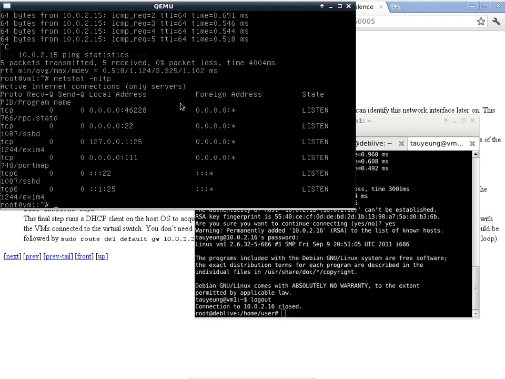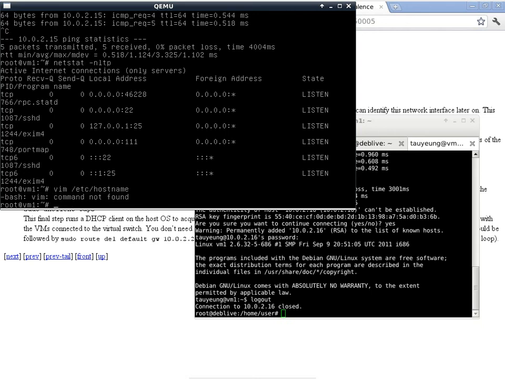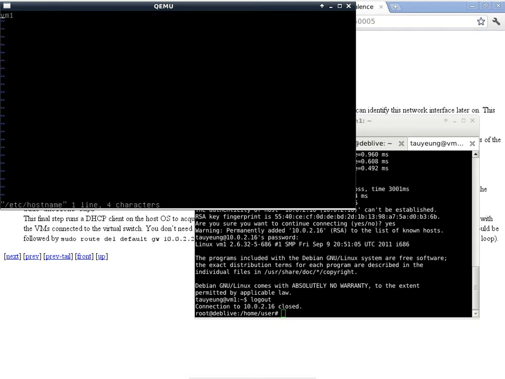As root, you want to go to the command. There are two files to modify, and you should modify both of them at the same time. The first one is hostname, and what you want to do is change that to the name that you want for this particular host. And then the second one you want to modify is